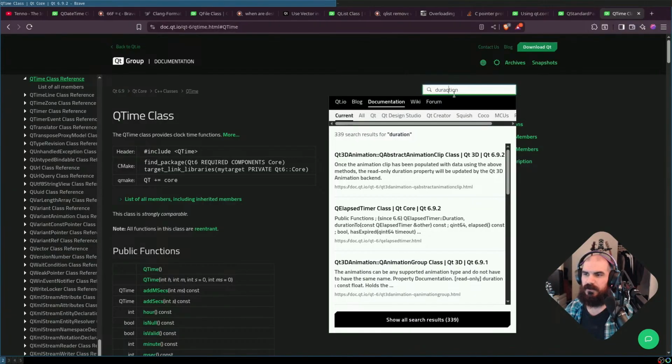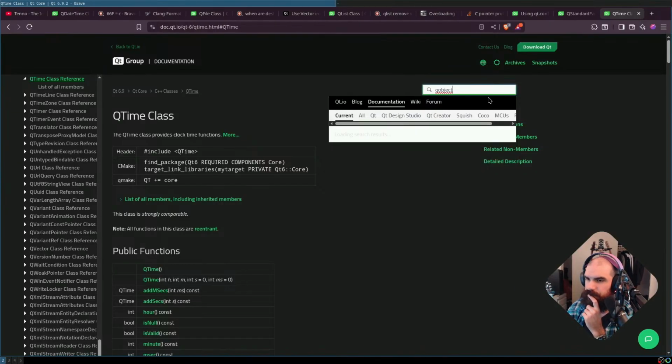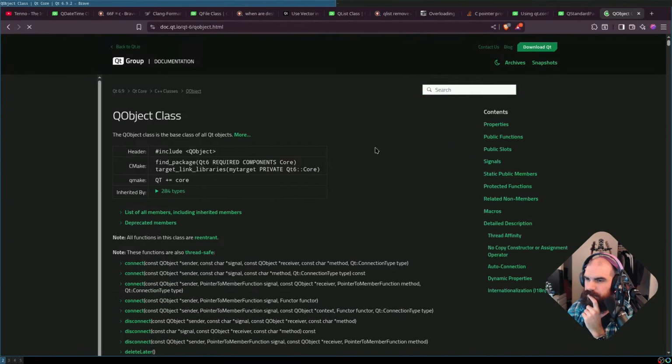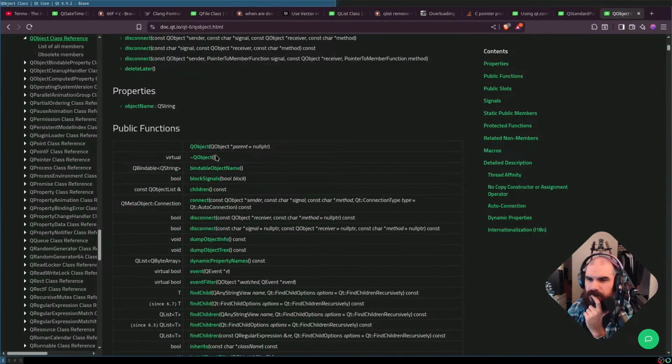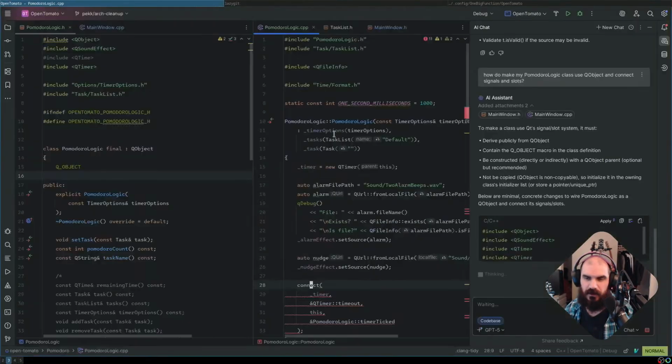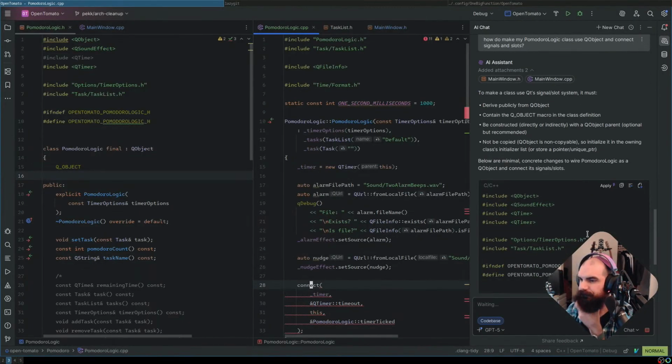Let's take a look at QObject again. It does require a parent.